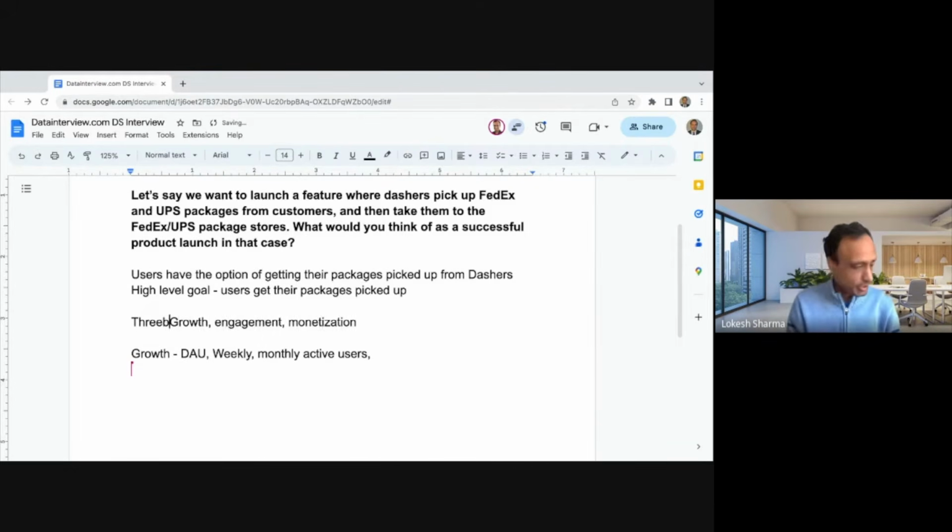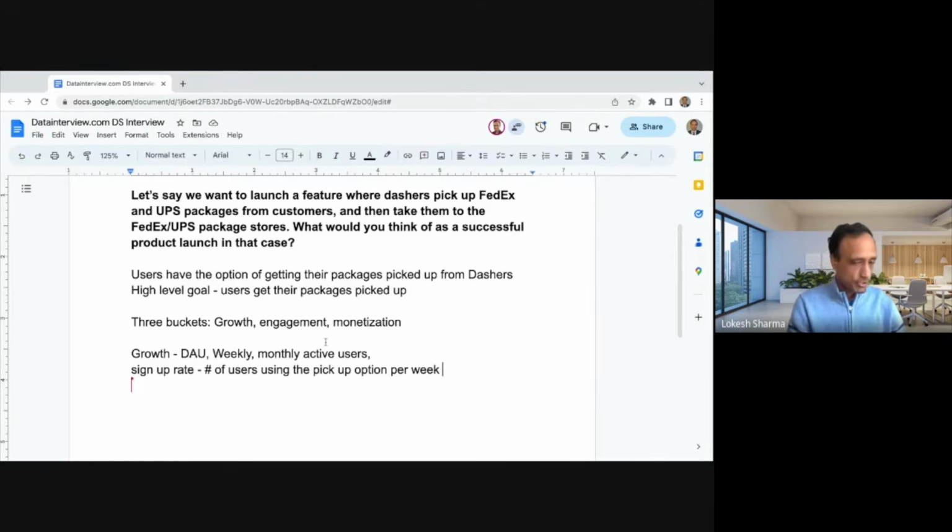And then the other metric I'll use is the sign-up rate. So essentially, in this case, it's more of a product feature usage. So number of users who are using the pickup option, maybe per week, per month as well. So essentially an equivalent of sign-up rate, but mostly feature usage rate, right?